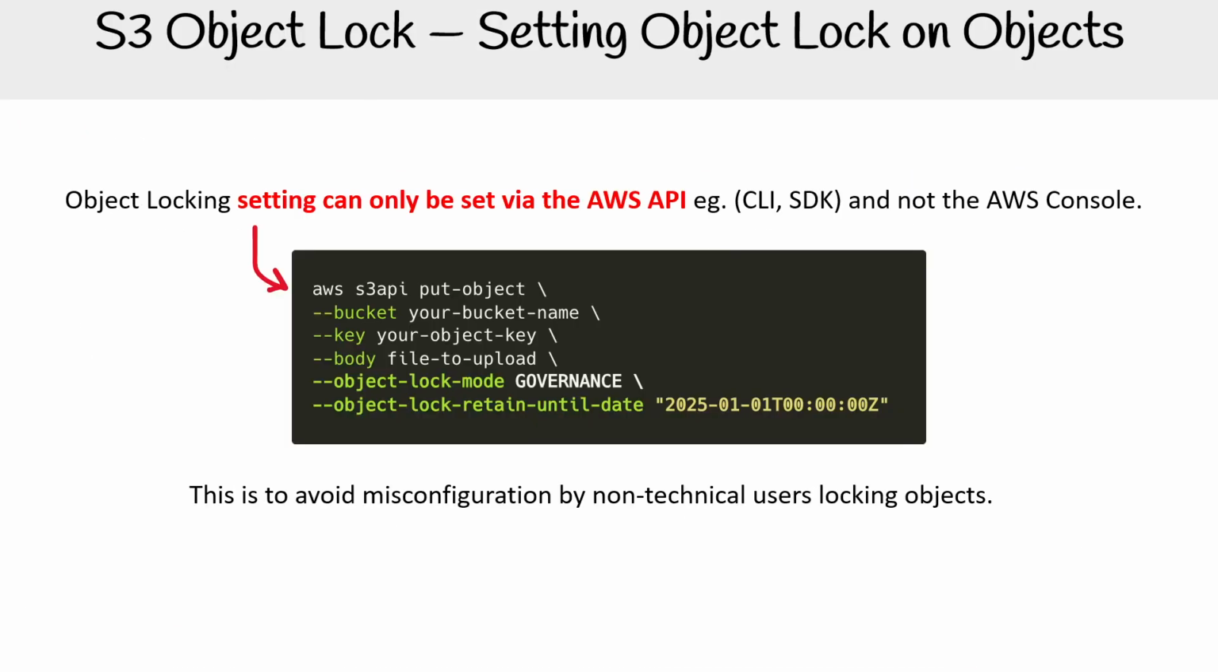Now, in terms of how you would go ahead and set an object lock on objects, you do this only via the AWS CLI, or I should say the AWS API, so CLI or SDK. And so we would have a put object, and what we would do is set some flags on it here. Now, this is just one example, as there are a few different ways of locking objects, and we have different modes. But I just want to point out that it's only through the